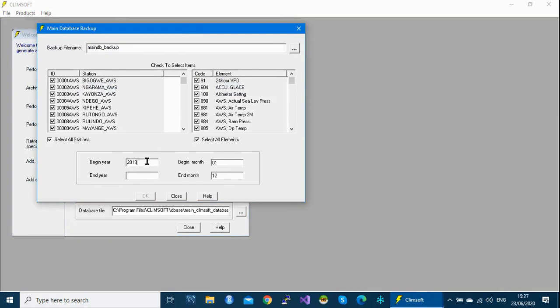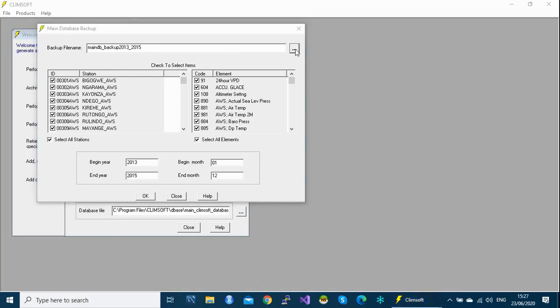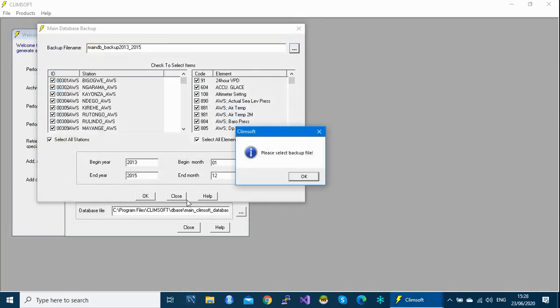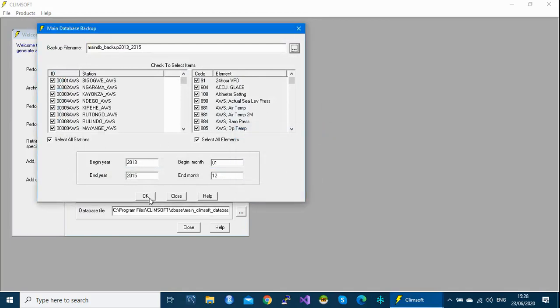Let's say from this to this 2015, and automatically the file will take the period of the range of your file, and then you can specify where to save your file. Once you click OK,